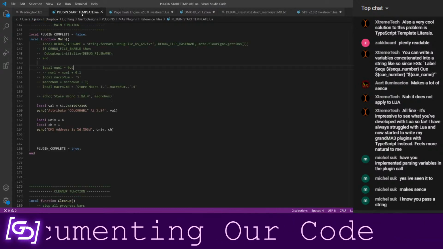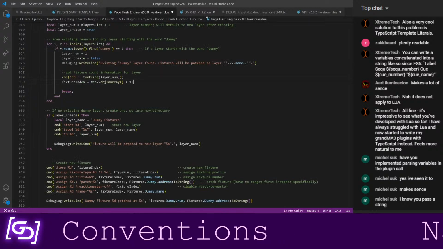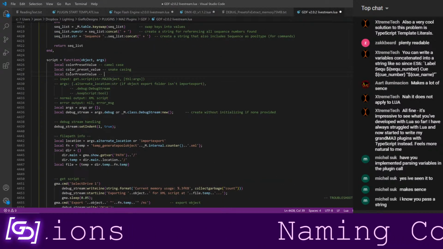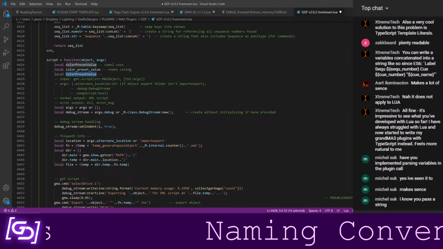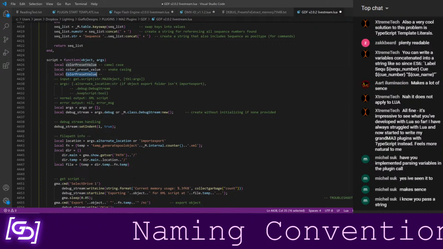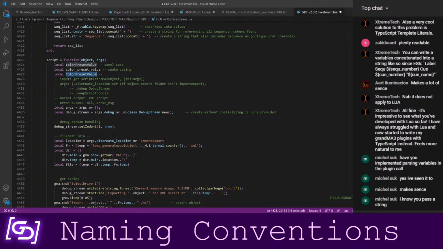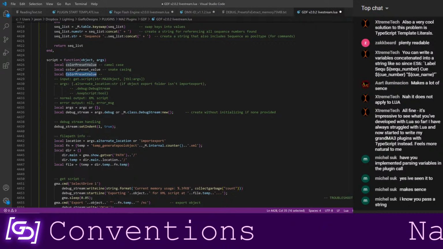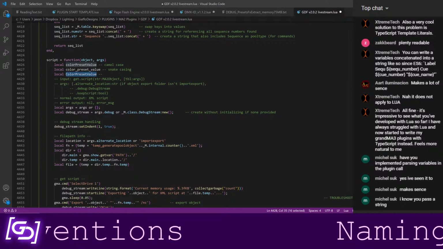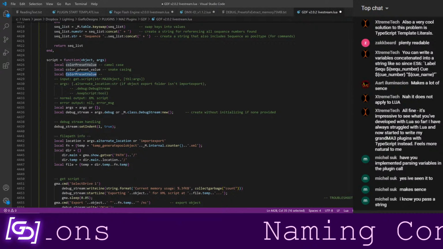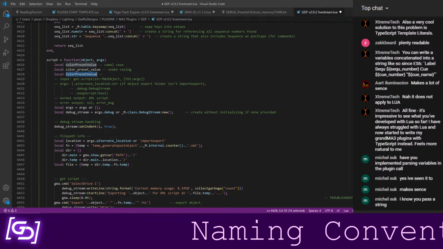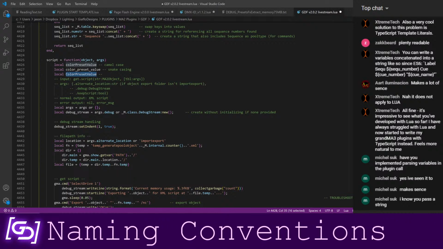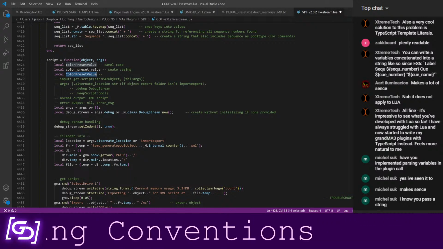Sure. Oh, where'd I go? I lost it. Okay. This is something you'd use for a class name so that you know that this isn't an object. This is something that you can make an object out of. And just having that separation of the way something is named based on what it does makes it a lot easier to look at your code and go, oh, okay, this isn't an object. This is a class. This is something that will make me an object. And just by looking at that name, you already know what it does.